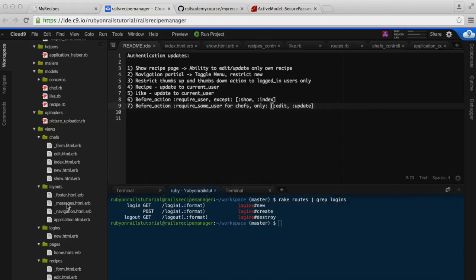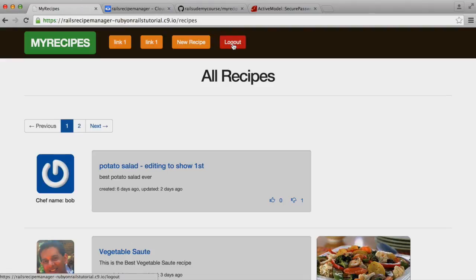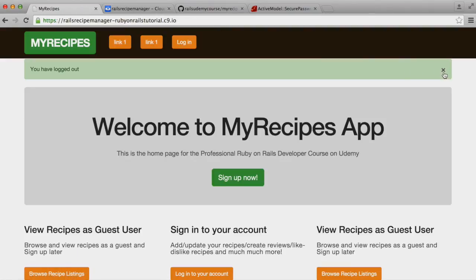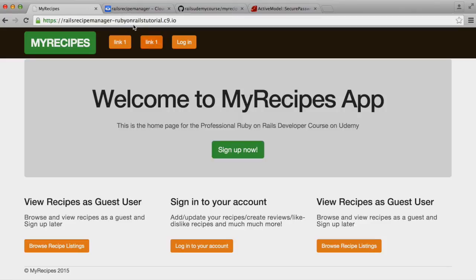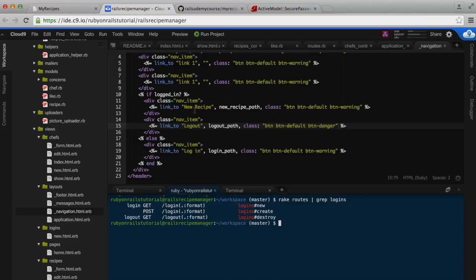Okay. First, I'll pull up our navigation. So I'll make sure the server's running. It is, and okay. So we're going to work on the navigation level, okay? So let's pull this up. So I don't want to do anything to our first two links, but if logged in, then new recipe. Okay, that's fine. But right after this,